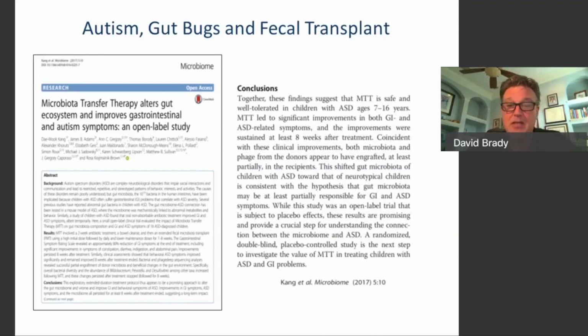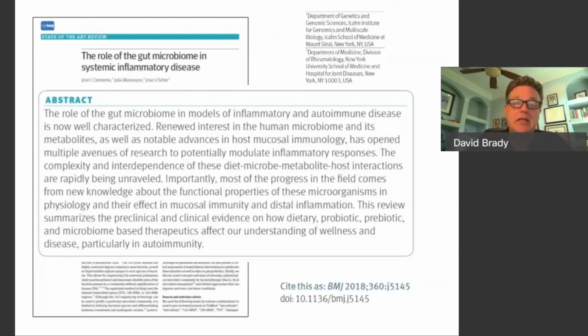So less head banging, less repetitive motions, less self-harm, more social interaction, things like that that are measurable can be observed when we change the landscape of the microbiota. It doesn't mean this is the magical cure for autism, but it certainly is something that we need to continue to research and potentially use to our advantage. But if we get to even much more common things, like inflammatory disorders in general, systemic inflammatory disorders have been associated with significant, very predictable changes in the GI microbiota. And this is along with